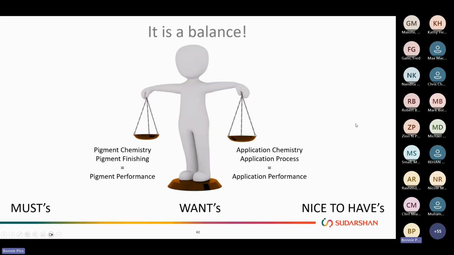So this is one that we always use, but it's a key one to make sure that we understand it's always going to be a balance between the pigment and the application. That is why I always stress that it is key that we prioritize what is one of our musts, what is one of our wants. And if we can get some of the nice-to-haves in our choice, that would be great too, but it is a balance, and there isn't a chemistry or a pigment out there that can give you everything that you're looking for in your formulation. So with this, I'd like